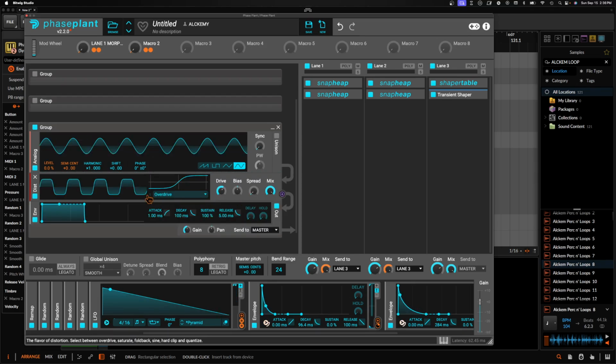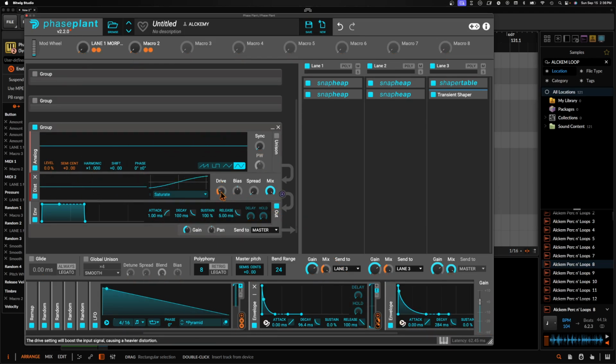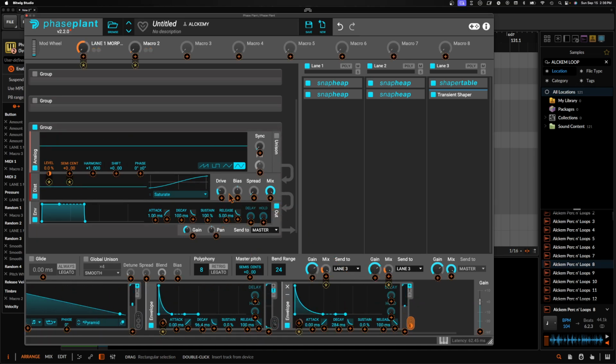But you can also do stuff like this to where you add some overdrive. We can even make this punch. We would have to do, sorry, we'd have to do this one because we don't want it to go down below,